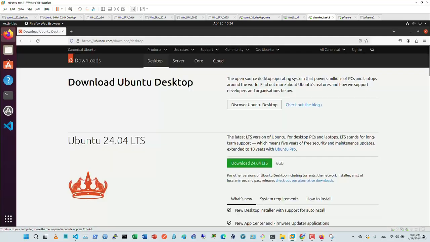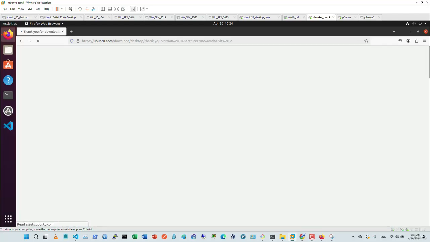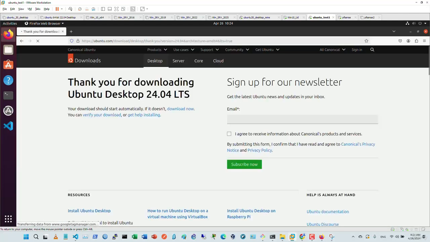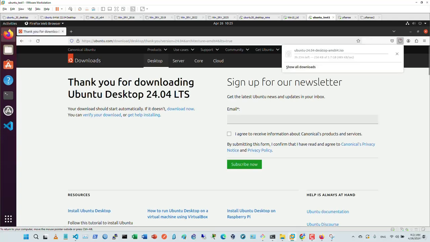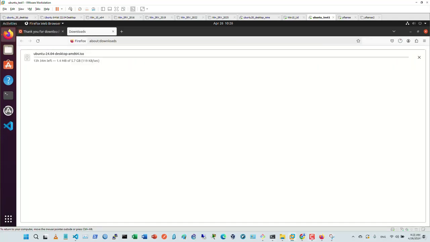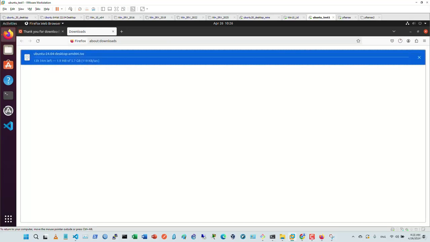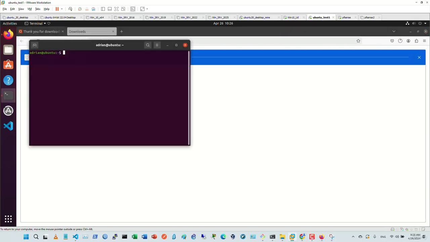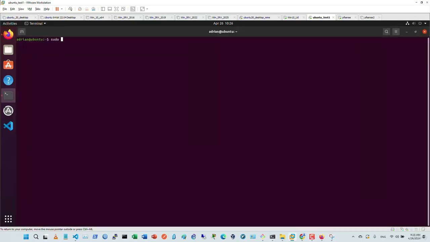Okay, from here download, and let's see what happens. I'm waiting for the download to start, and you can see right now, as you can see here, it's downloading at 1 megabit per second. And from the terminal, if you just install iftop with sudo apt install iftop,